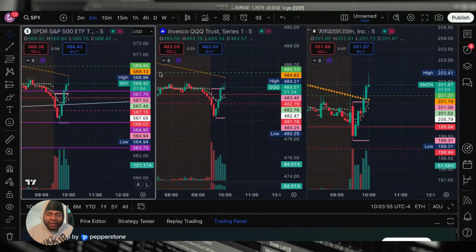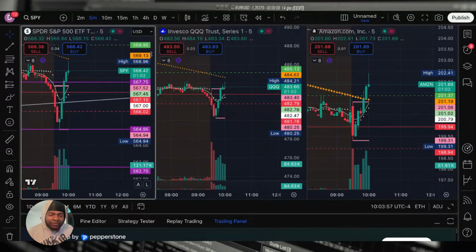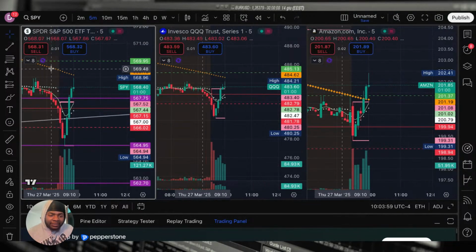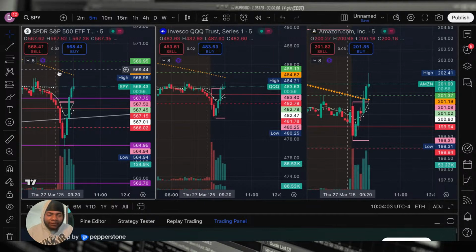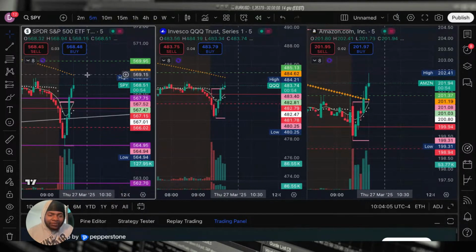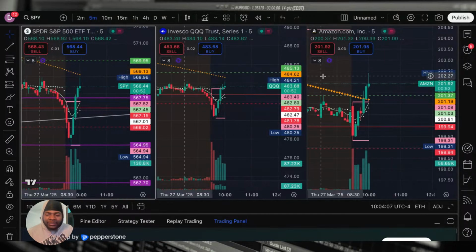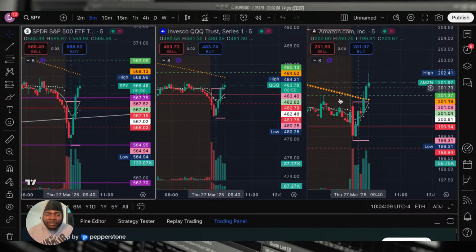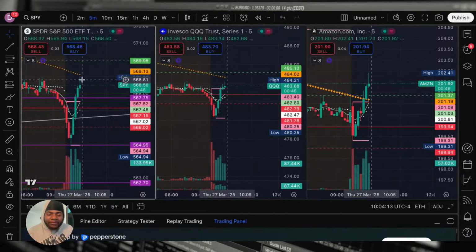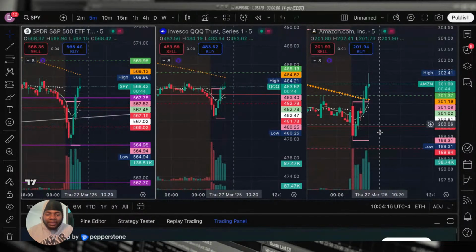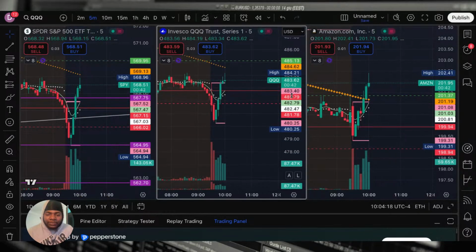So you see why I got out? SPY's touching that 200 moving average right there. The 200 moving average is like Debo, guys. You don't want to mess with the 200 moving average. You see the 200 moving average coming, get out. It wasn't coming on this trade, but you got to use SPY as confluence. If SPY's getting rejected, you know Amazon's about to get rejected. You got to use it as confluence.